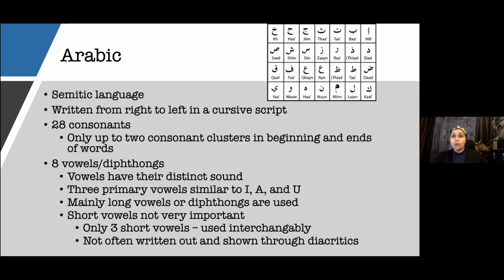Some examples of the short vowels: mektab is an Arabic word. In Arabic, if you were to translate the letters appropriately, it would be MKTB. So that's how they would spell it in Arabic. Now you're asking them to add all these vowels and write it in English. It's very hard for them to write it with an A, or you want them to add an E for that E sound. And a lot of those vowel sounds are often written through diacritical marks, so markings above and below the words to change the vowel intonation, which doesn't exist in English, as we know.